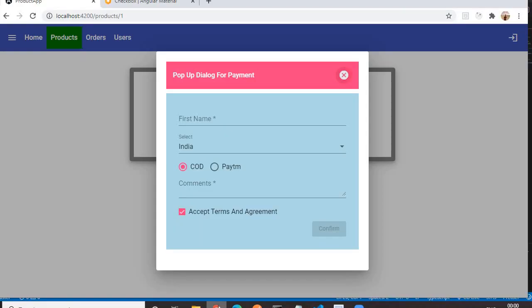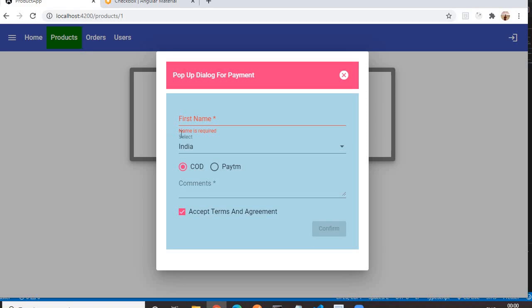Next we will see how we display the error message to the user for visual feedback, so the user will be able to know this is the error and needs to rectify it in the form. For example, I click on the first name so it gets focus. Now without typing anything, I am going out of it.